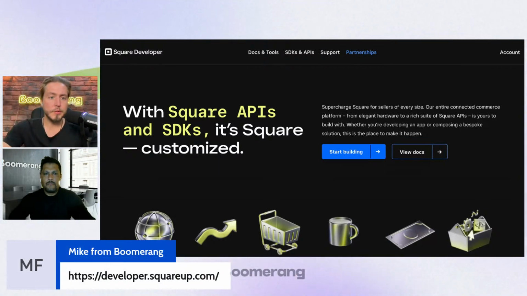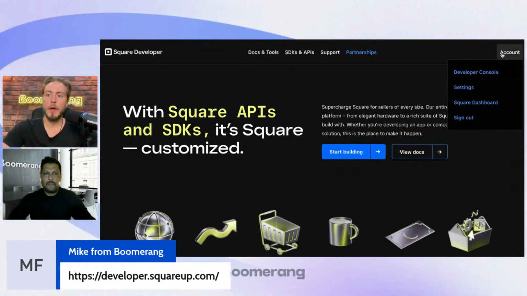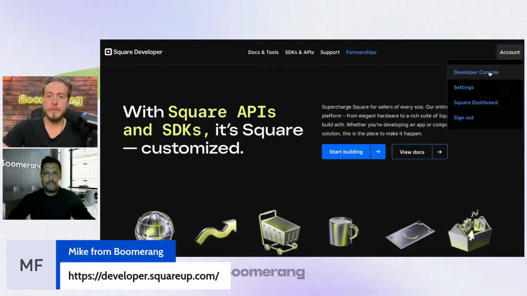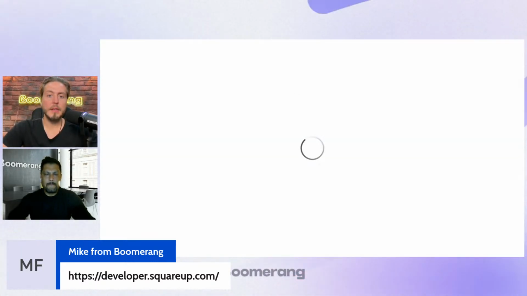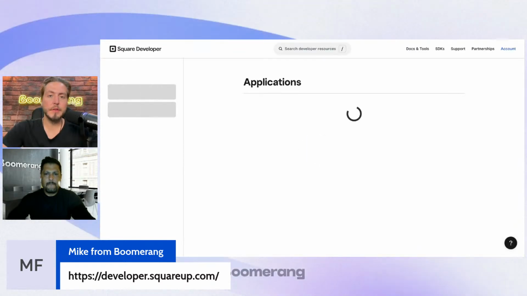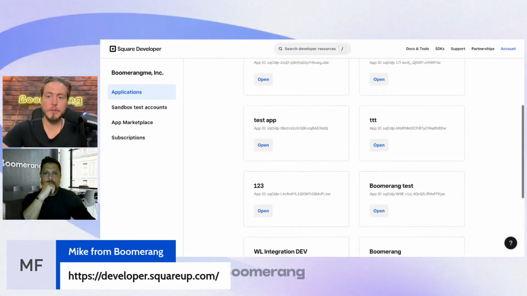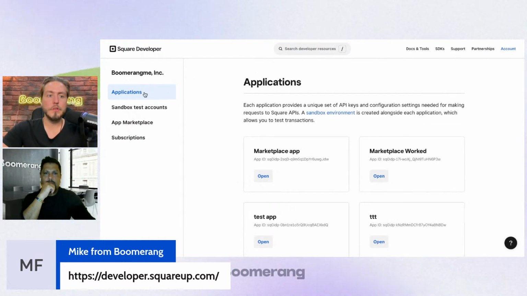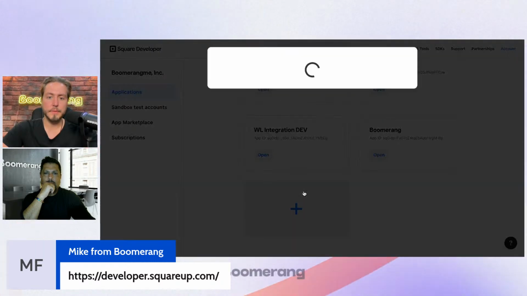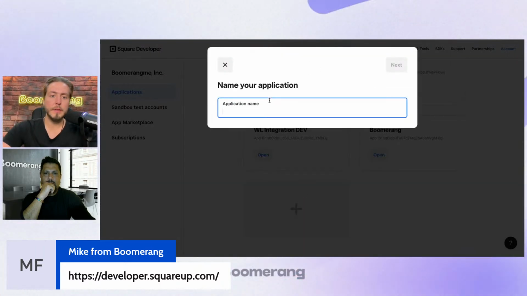Also, we will keep this information posted on our knowledge base where you can get information from. Let's go to the developer console, and you will see all the apps already created for the account. I guess you will see 0 apps because you just started to integrate their account with a new feature, and you need to integrate a new application. Push the plus button,